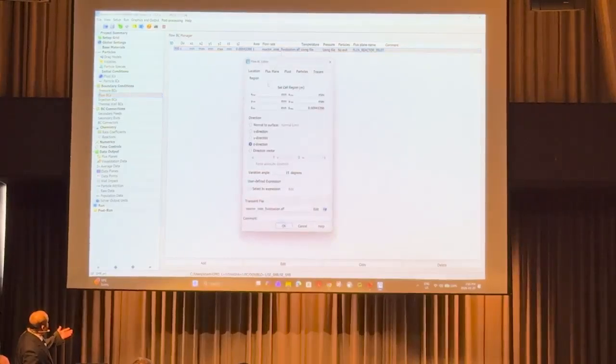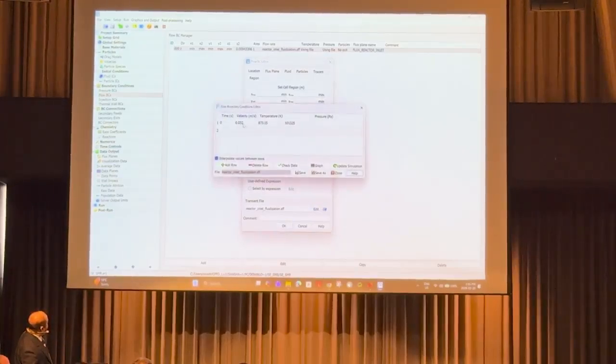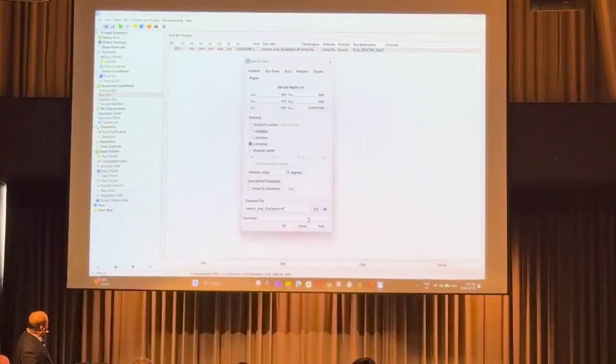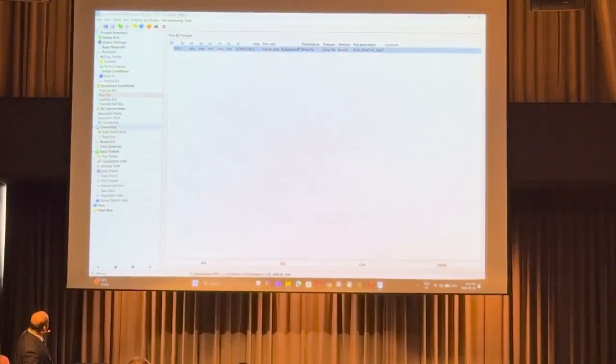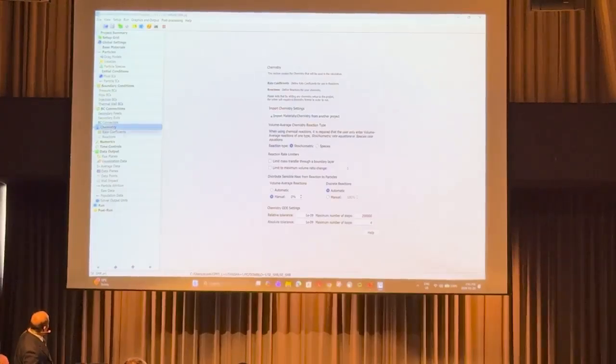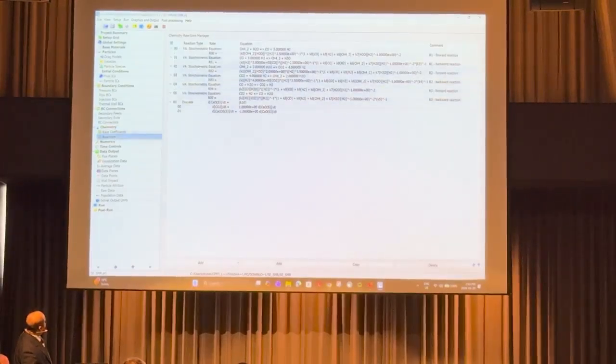We just have a bottom plane through which we're injecting the flow. And if you look at the conditions here, we give it a velocity and a temperature that comes in, all right? And then with that, I'm just going to spend some time on chemistry here. Under reactions is where we have all the reactions defined that I was just showing: the methane reforming reactions, and so on. And this is that discrete carbon reaction where it actually